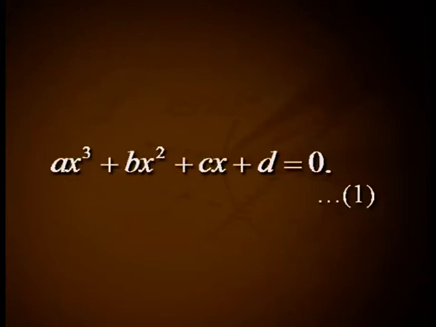In this session we discuss some methods to find one root of the cubic equation ax cube plus bx square plus cx plus d equal to 0, equation number 1, so that the other two roots, real or complex, can then be found by polynomial division and the quadratic formula. The solution proceeds in two steps. First, the cubic equation is depressed, then one solves the depressed cubic. In this session we also discuss the solution of quadratic equations.